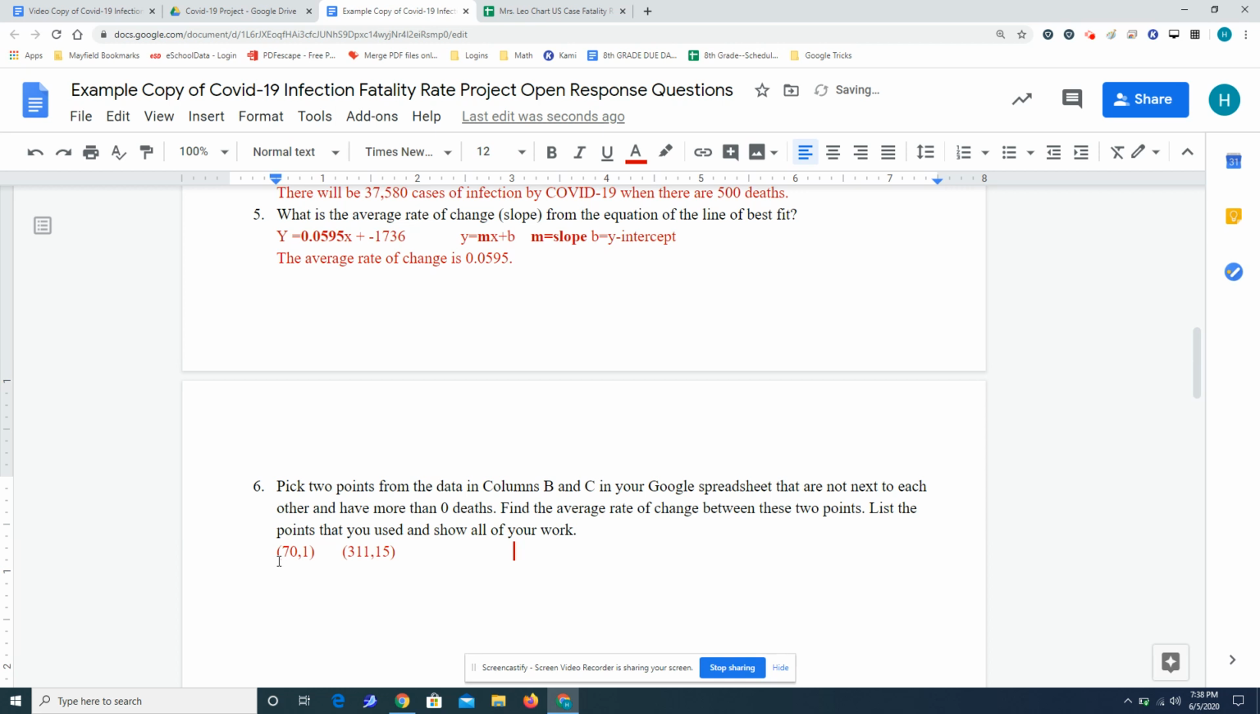Now I need to find the average rate of change. Okay, so how do I find the average rate of change? Well, I find the slope. And I just put the slope formula right here, y2 minus y1 over x2 minus x1. So remember, if 70 is x1 and 1 is y1 and 311 is x2, 15 is y2, I'm going to take those numbers and substitute them in for average rate of change. So what I end up doing is slope is equal to,